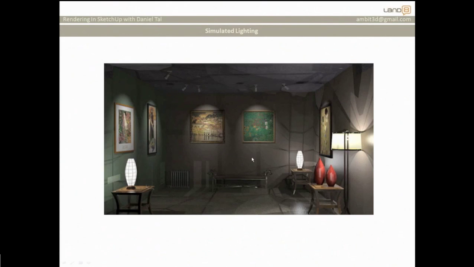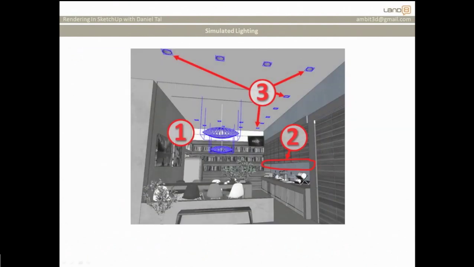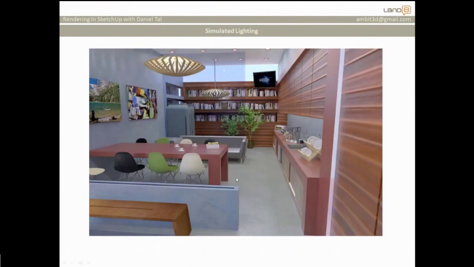This is a little art gallery concept. I like to create test models that are low poly so I can really play with settings. And I'm just going to go through this real quick and